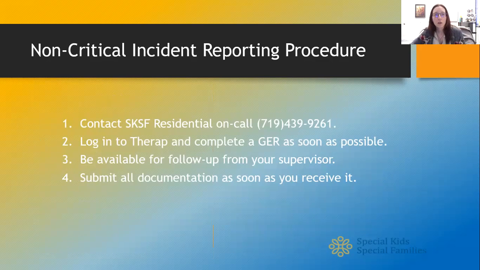Non-critical incident reporting procedure. For residential, this is going to be for the host home providers. The first thing that you need to do for non-critical incidents is call the on-call phone. The number is right there. It is 719-439-9261. You need to make sure that you alert them of what had happened, allow them to complete any follow-up